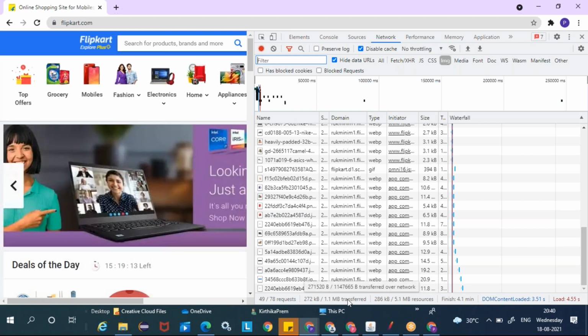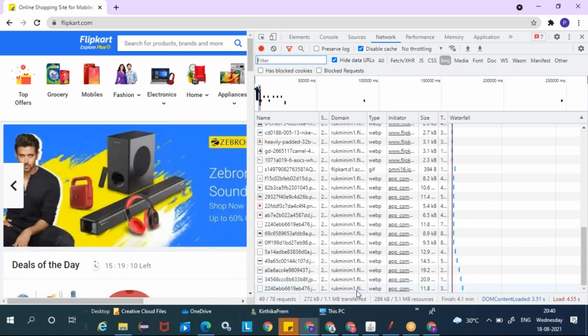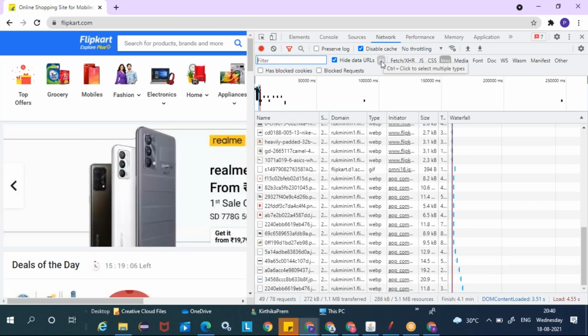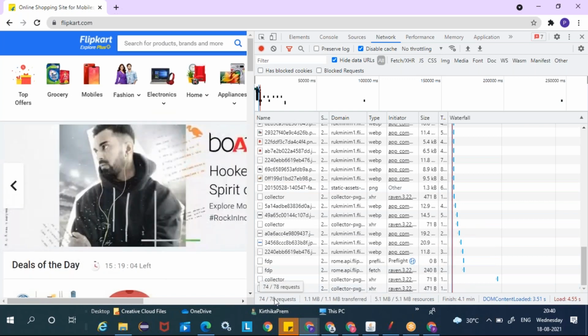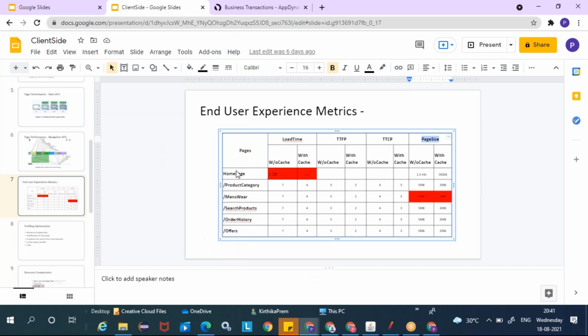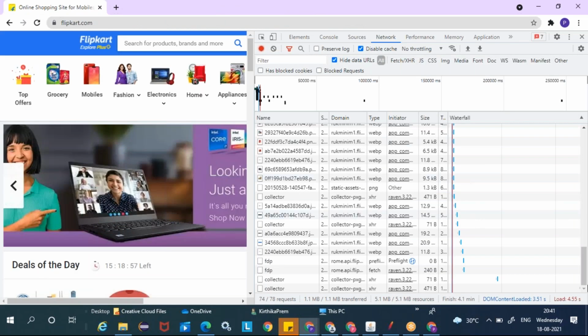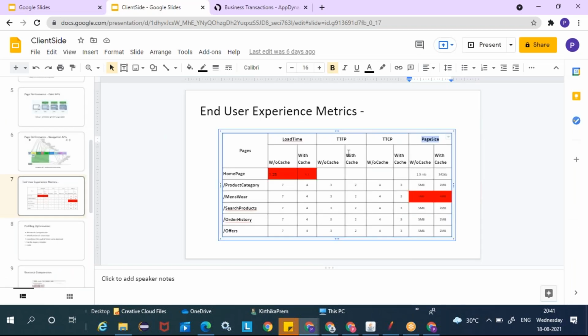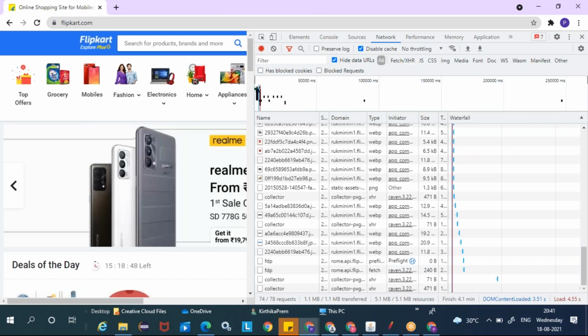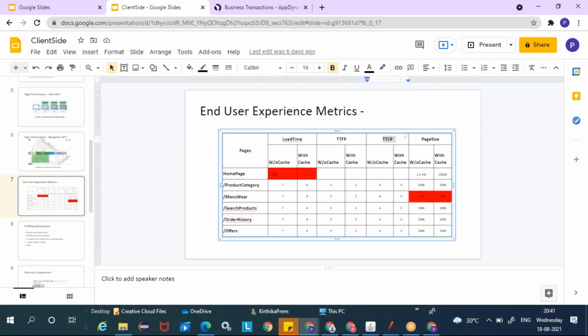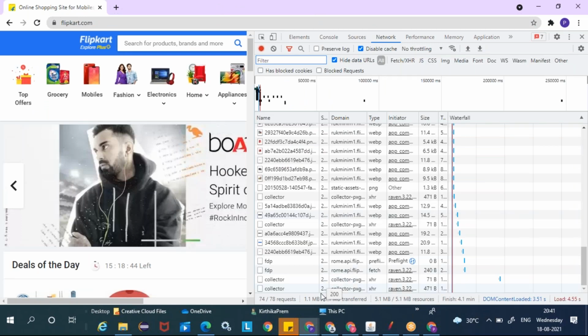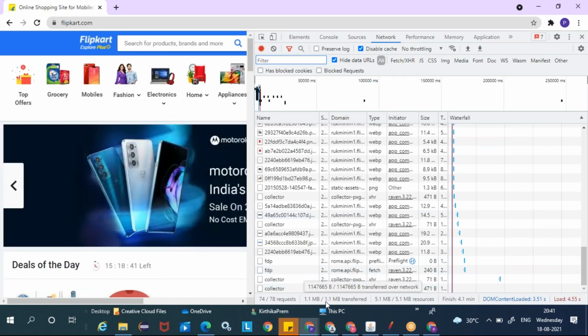So from a reporting perspective, we will use only this 1.1 MB, and then the number of requests, right? It is 78 requests that we will note down. So load time will come from the last value, load is 4.55, and then time to first paint and time to contentful paint we will take from the console here, and your page size we will get from the transferred over the network.